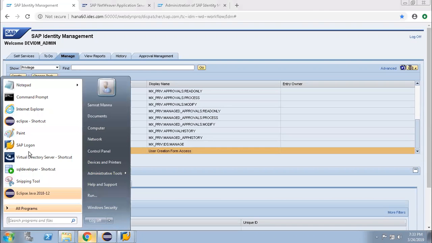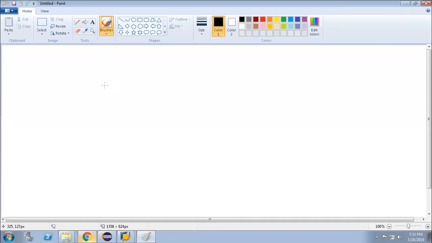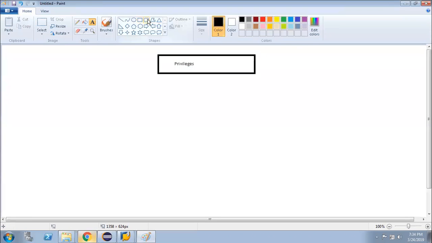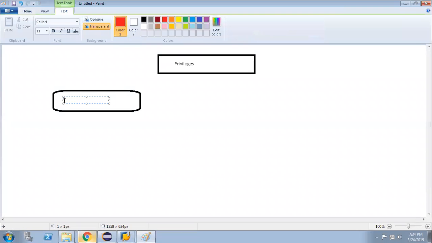So in IDM, we have three types of privileges. One privilege I already told you about, that is the PFCG roles from the backend system.